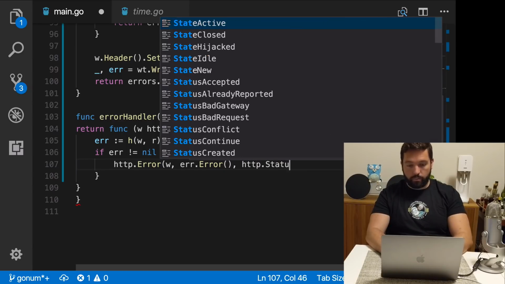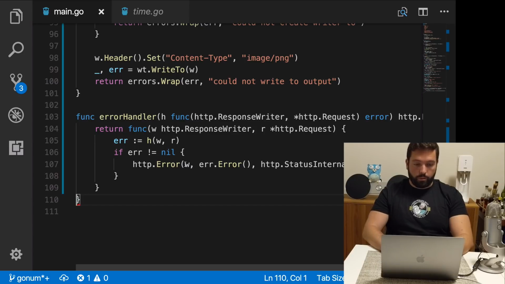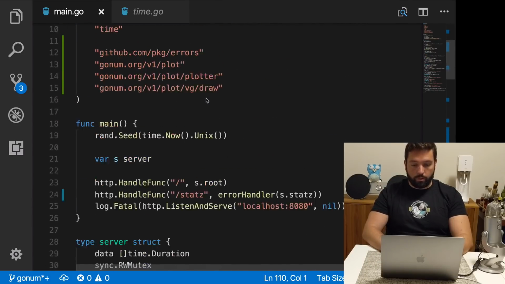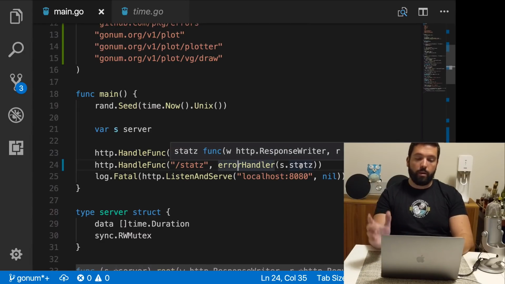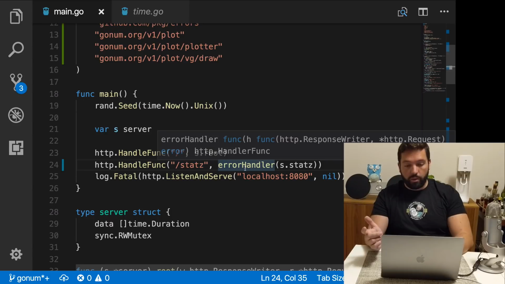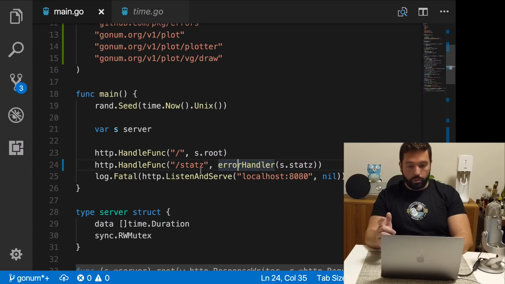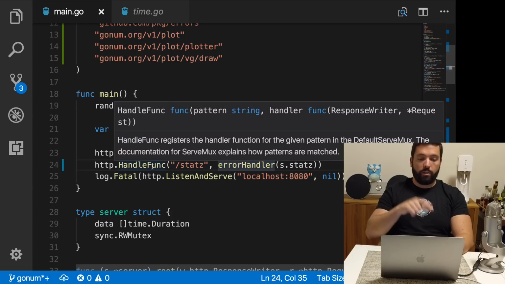Cool. So now when we call errorHandler and we pass our stats method, which is not really an HTTP handlerFunc because it returns an error, this will adapt it by using that error to set it if something goes wrong, but also return an HTTP handlerFunc